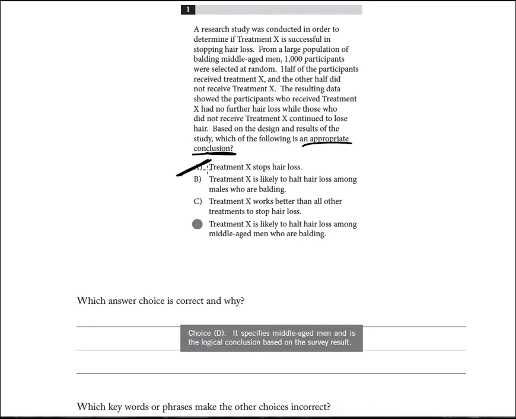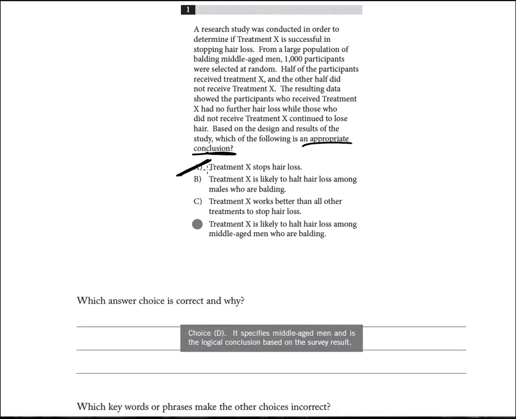That's wrong. Let's go to choice B. You can tell me what you think for that one. Brian again. Good. Okay. Treatment X is likely to halt hair loss among males who are balding. That seems correct, right? Okay. Yeah. No. Well, you're close. I'm glad you picked that because again, if you're going to make a mistake, I would far rather you make it in here than on the day of the test. And you're right that it may be more likely to halt it